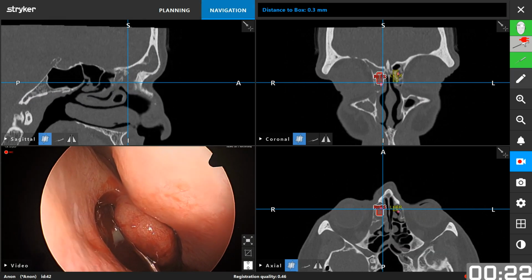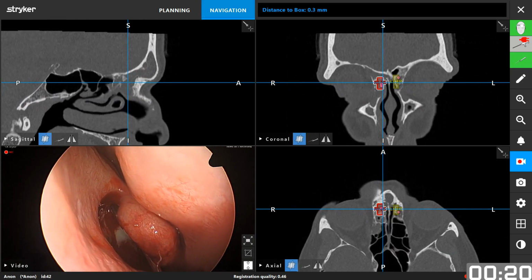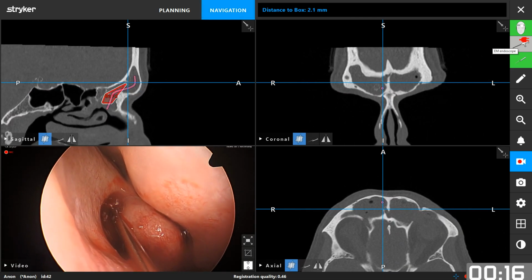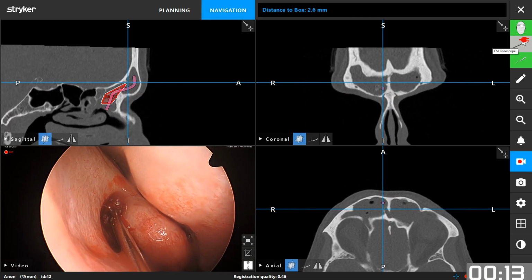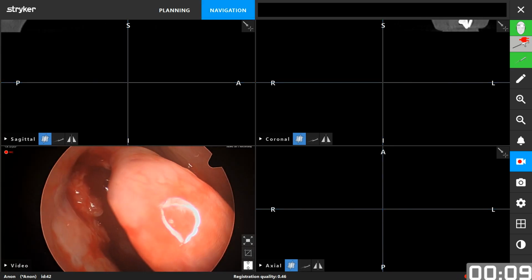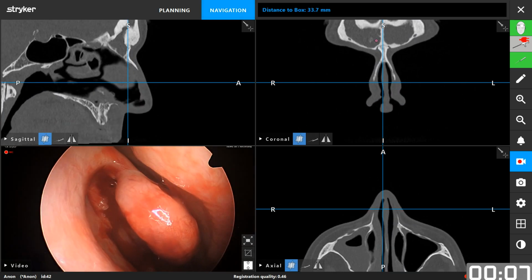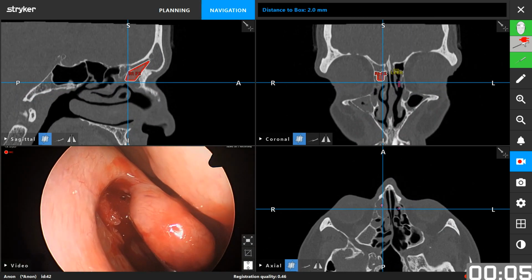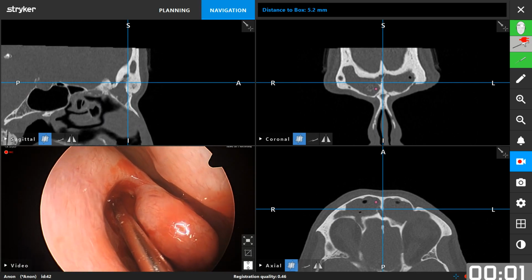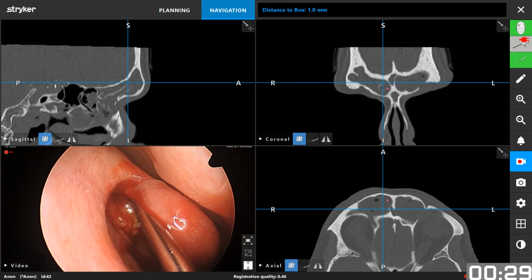And again with the seeker to go through the infundibulum, reflect the uncinate process. So using either the microdebrider or the through-cut to remove the uncinate process. After you remove the uncinate process using the through-cutting,